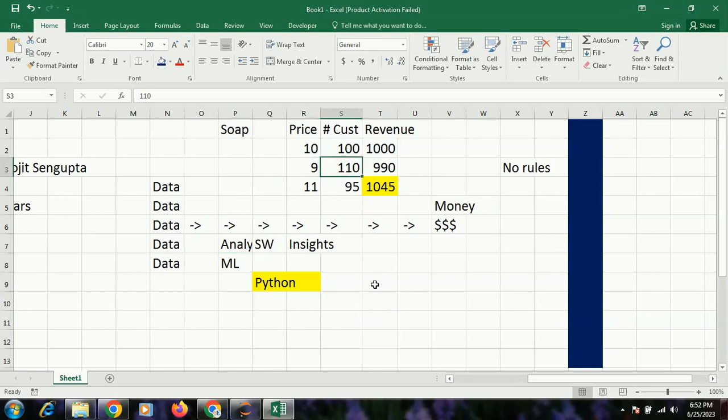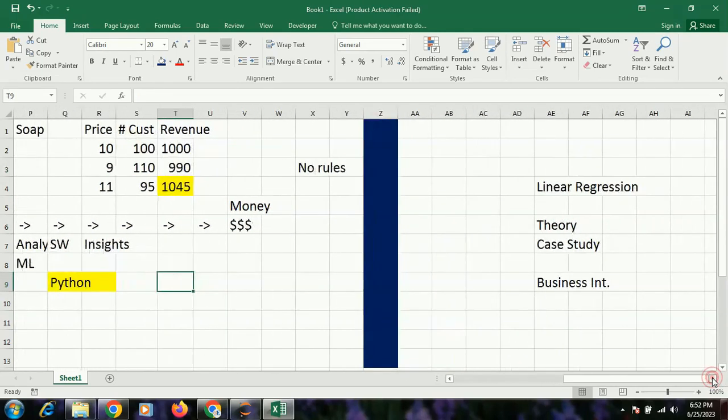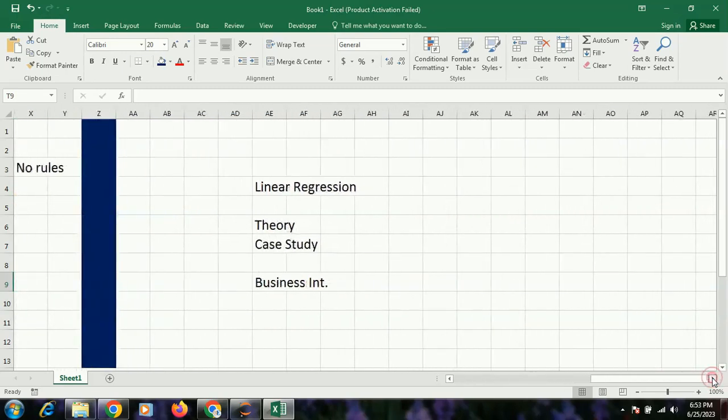This is done by an equation called machine learning, because the machine does everything by itself. Now let's start with linear regression. So what is linear regression? We'll understand it.